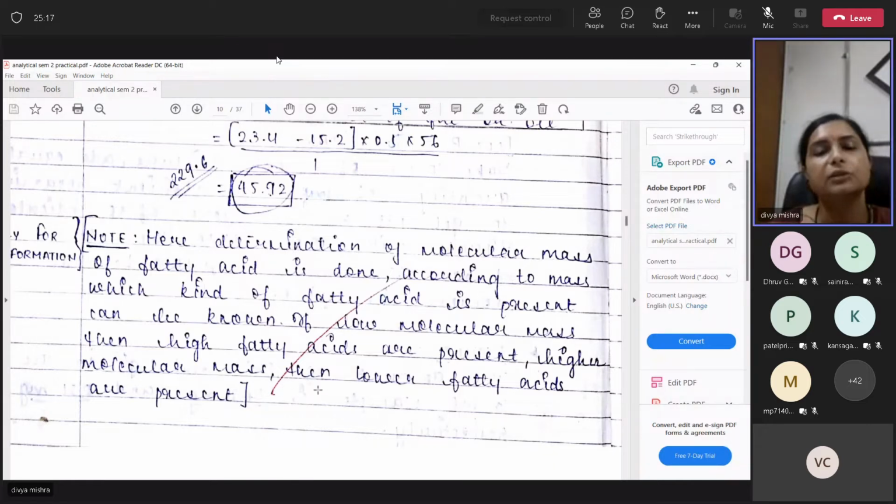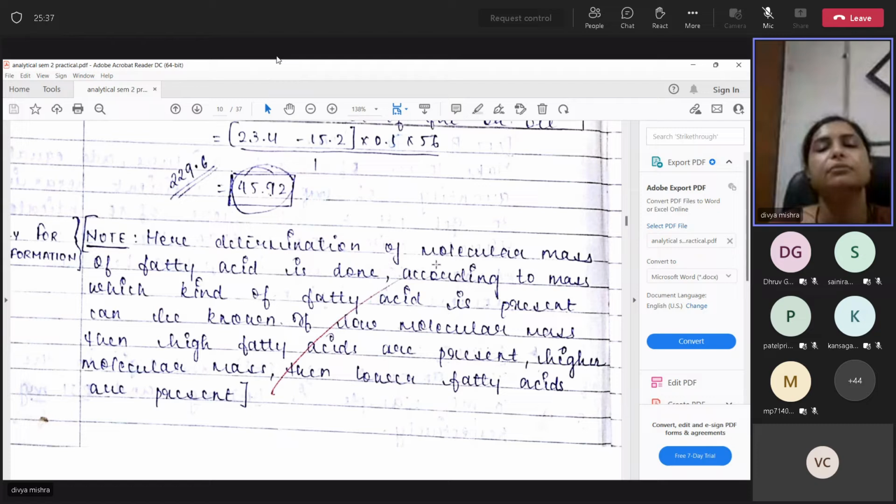So there is a specific range given. Here we haven't mentioned the range, but there is some range. Like, what if the answer comes between 10 to 20? What if it exceeds above 20? What if it is between 40 to 50? So that number